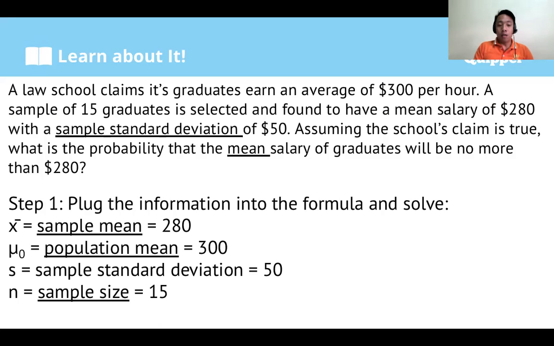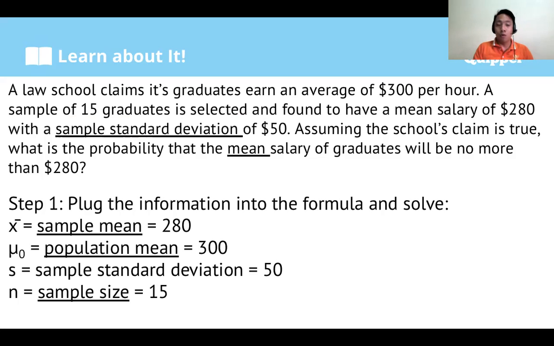And the sample standard deviation of 50 is already here, the value is already given. So after identifying the sample mean, population mean, sample standard deviation, and the sample size,